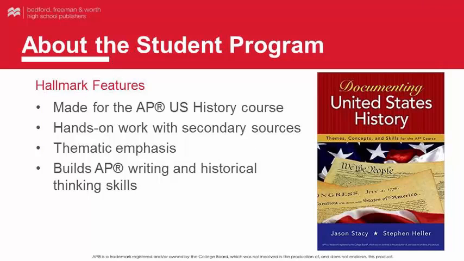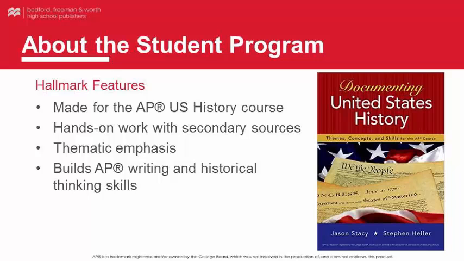Now that you've learned more about the authors, it's time to take a look at what makes Documenting United States History the best U.S. history sourcebook for your classroom. As we've demonstrated earlier, these texts are authored by experts who not only love their subject, but love to teach it as well. The texts are aligned to the AP topic outline and terminology, making teaching the required material simple. This text was organized according to AP standards, which resulted in 22 chapters covering 9 periods of AP U.S. history. Key concepts are illustrated by primary documents and secondary sources, and pedagogical tools scaffold students' development of historical thinking skills.